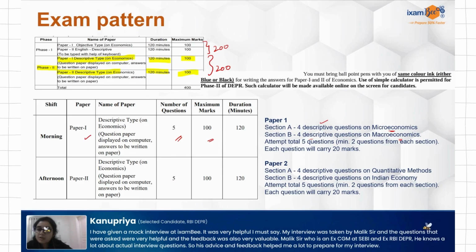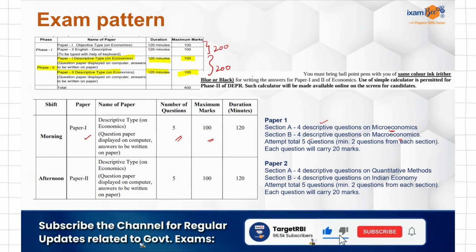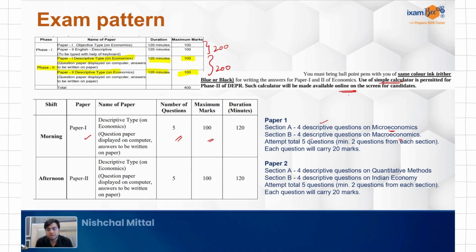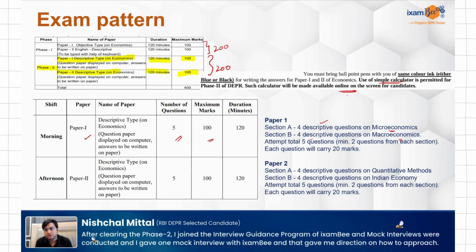Very important information given in the information handout is that, 1, you should be using ballpoint pens to write, and please use the same color ink, either blue or black. So don't try to alternate between blue and black. Please carry enough pens with you so that you don't have to switch between colors, right? And second important thing is a simple calculator will be permitted. However, this calculator will be on screen. It's not like you can carry your own calculator, right? So on screen, they will provide a calculator, simple one, not scientific. So it could help you a little in your calculations for your numerical part,